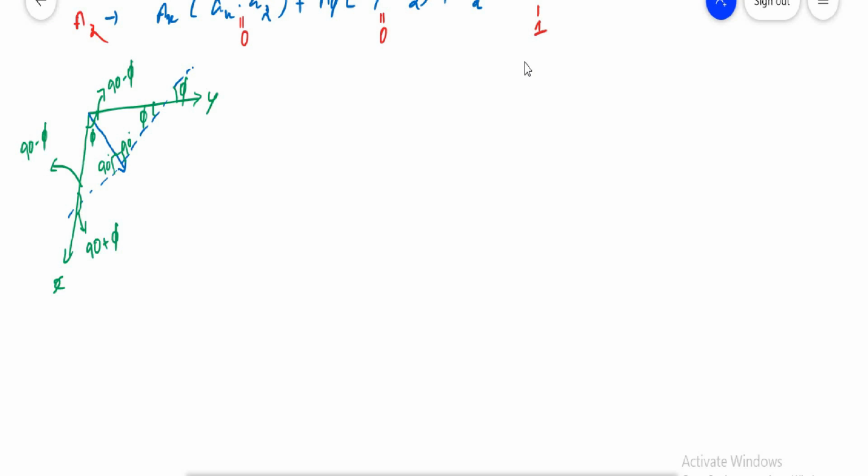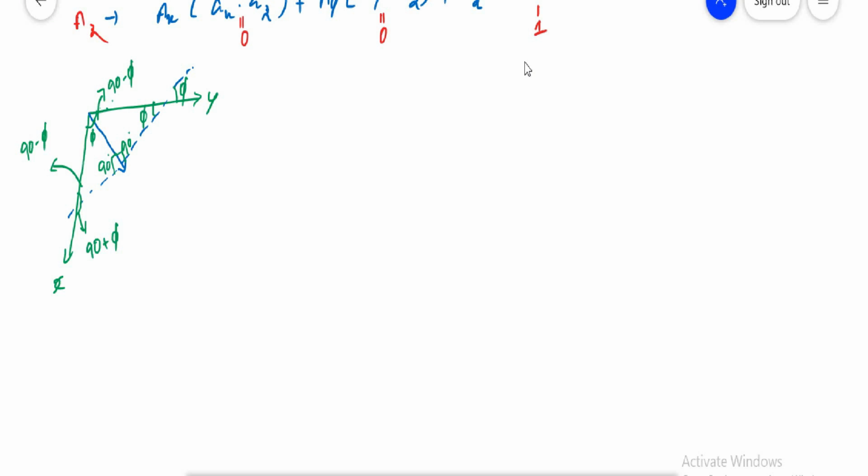Because here totally it is 90 degrees. This one and this one are perpendicular to each other. This y and x are perpendicular to each other. So totally it is 90 degrees. Then it is 5 degrees, then this becomes your 90 minus 5. So you just need to have an idea of this one. Then it is possible to get the relation between the unit vectors of your rectangular coordinate system and your